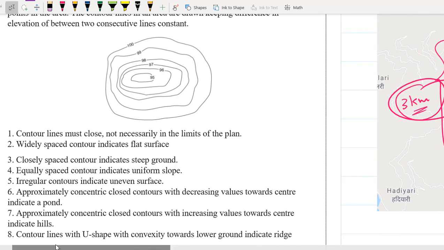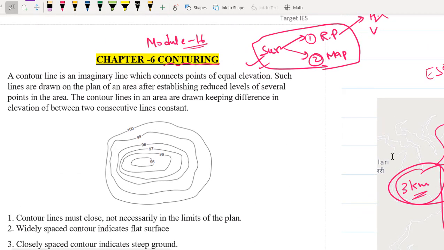So what is this contour? First let us try to understand the meaning. A contour line is an imaginary line which connects points of equal elevation. If you are joining the points of equal elevation, I will be calling that a contour line. For example, take a hill something like this. Now I have to join points of equal elevation. Let us say from the mean sea level, this point is 100 meters up. So if I join all the points on this hill which are at 100 meters above mean sea level,